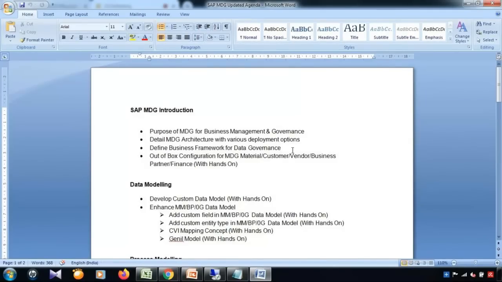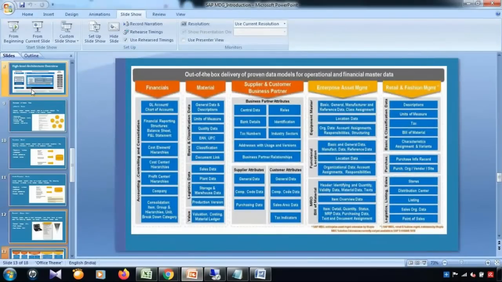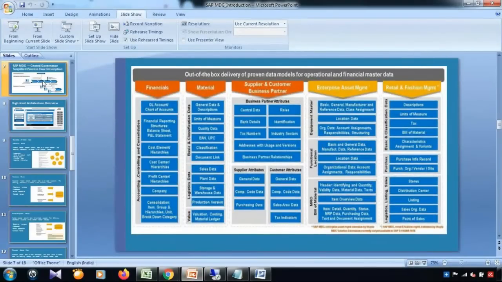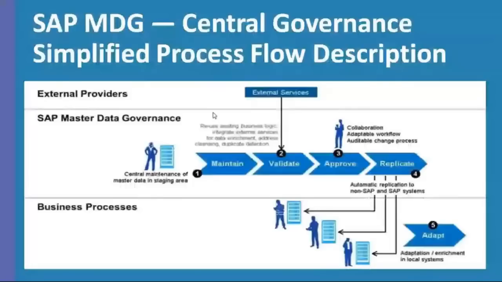In a normal case, if you are trying to create some material master data or some customer master data or some vendor master data,